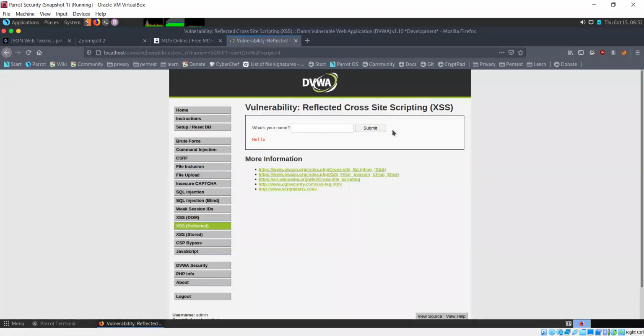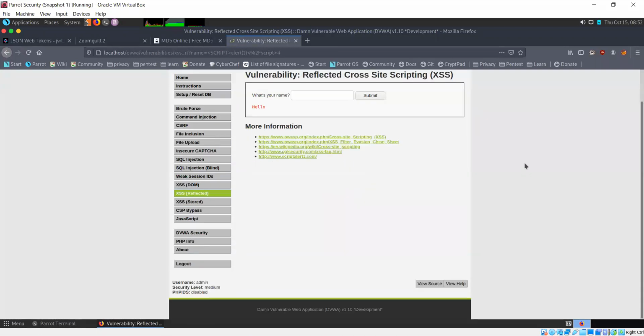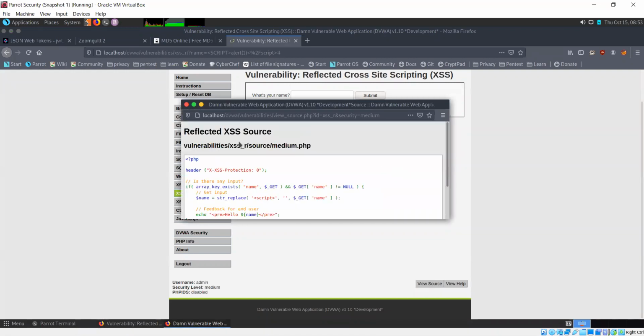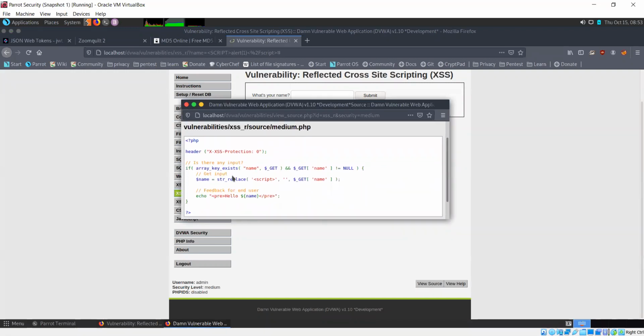So the script tags themselves are not case sensitive. And why is it working? Because if you take a look at the source code, you will understand that if you find a script tag, that is just getting removed. It's getting replaced with an empty string.